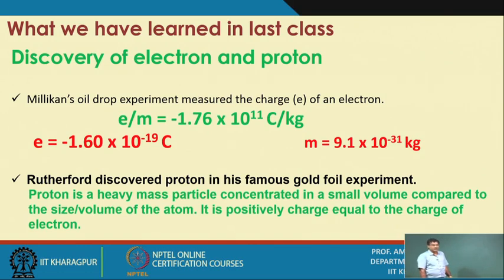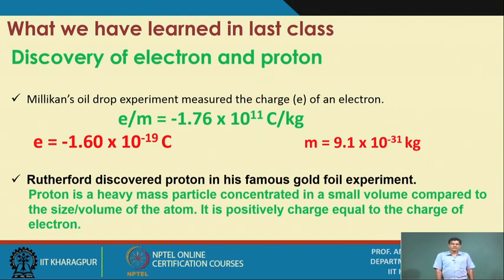J. J. Thomson's experiment as well as Millikan's oil-drop experiment. We have seen that the charge of electron is 1.6 into 10 to the power minus 19 coulomb, negative of course, and mass is 9.1 into 10 to the power minus 31 kilogram. Okay. So, that was about the electron, and then we have seen the discovery of proton